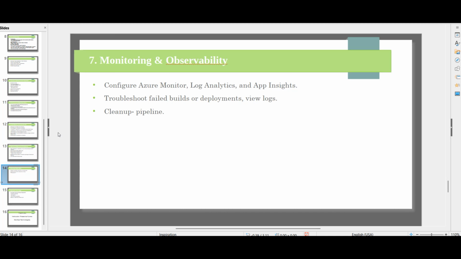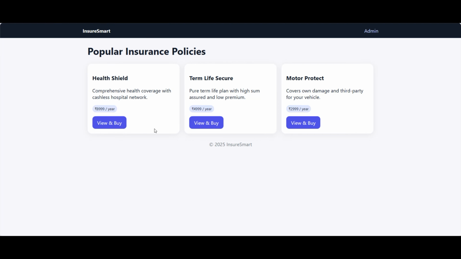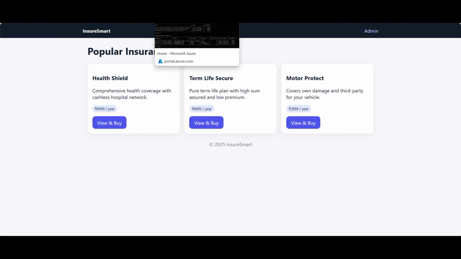So cleanup. We have created all these resources. Now it's time to delete all the resources. Okay, we have created a cleanup pipeline. So that will delete all your resources. Okay, go and